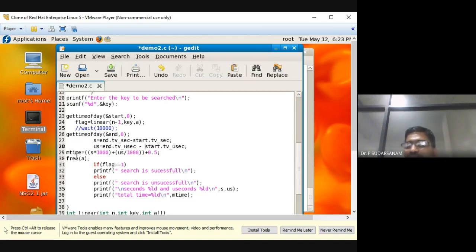So for example, 1 hour 5 minutes is there. I want minutes, so what you will do: 1 hour is equal to 60 minutes, 1 into 60, that is 60 plus 5, 65 minutes. For example, 2 hours 30 minutes, converted to total minutes, that means 120 plus 30, 150 minutes. Suppose 150 minutes is there, to convert to hours, you divide 150 by 60. That means 2.30, so 2 hours 30 minutes.